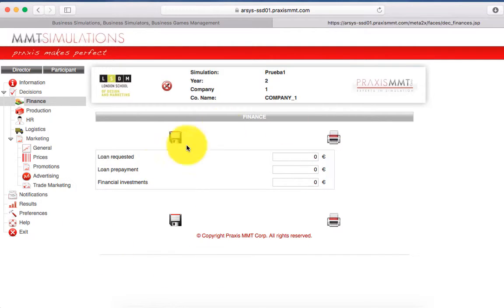After all the decisions are taken, don't forget to always save your changes, and after this you have to check on the campus online the deadline for this kind of decision. You always have in your campus through the week the deadline to save the last decisions. After the last decisions are taken, in a few minutes you will have the results. You can see the next incoming week results tutorial that will help you to analyze the information that you get from the results.